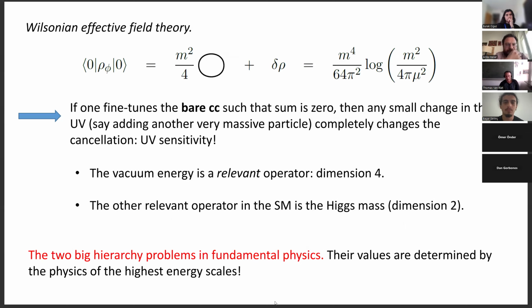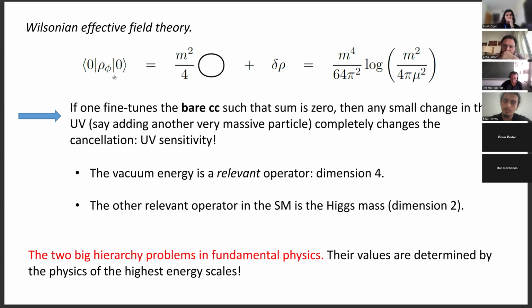And I think it's a complicated problem. If you read about it, you can see it's complicated because everybody has a different way of explaining it. And so I think the best way of explaining it or giving a flavor of it is by thinking in terms of what we call Wilsonian effective field theory, right? So it's where I think about what happens at different energy scales and how it changes the physics at observed low energies.